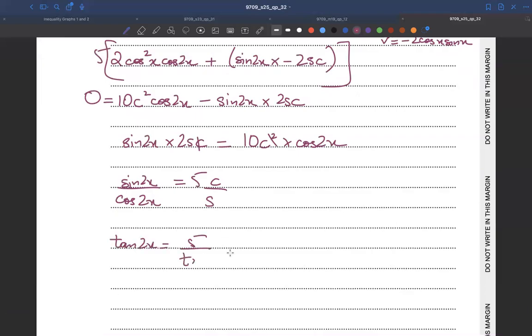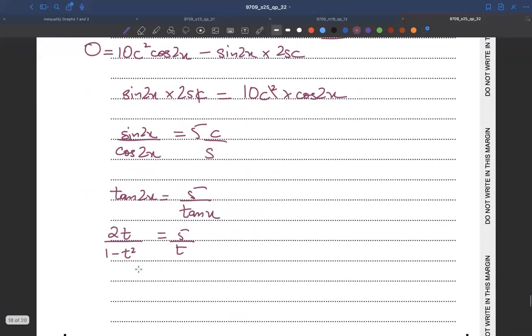Now we can use the identity for tan of 2x, that is 2 tan x upon 1 minus tan squared x, and that equals 5 upon tan. Now cross multiplying, we will get